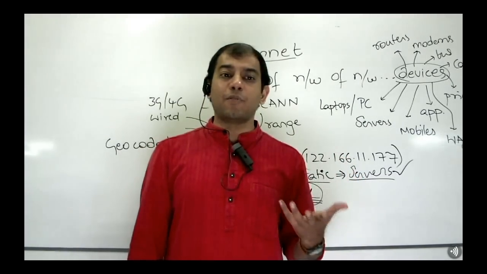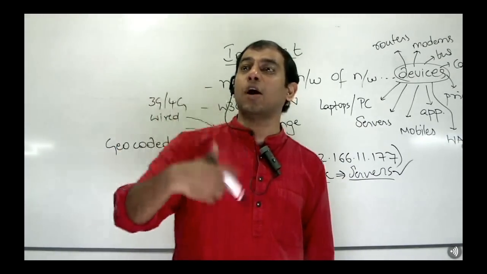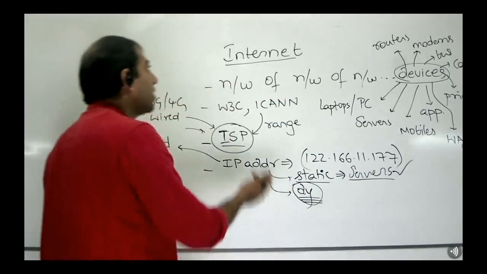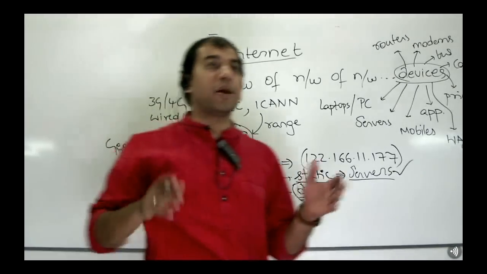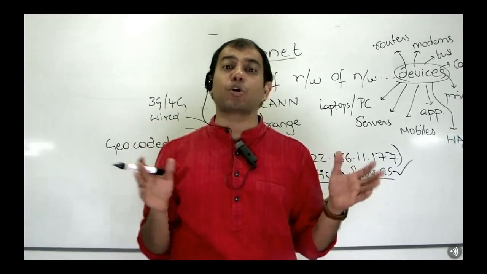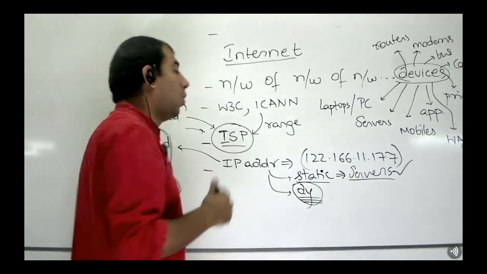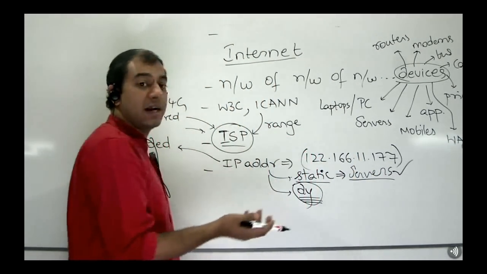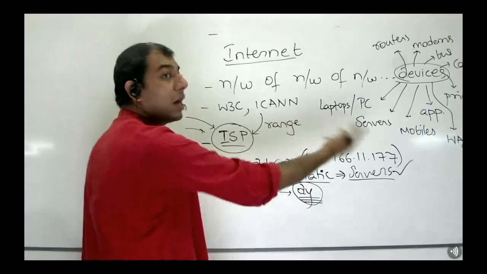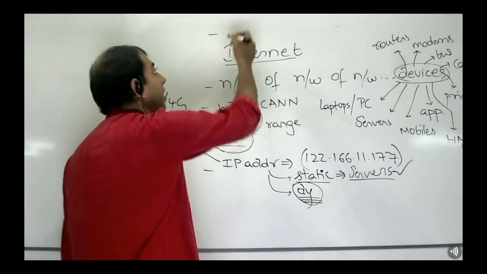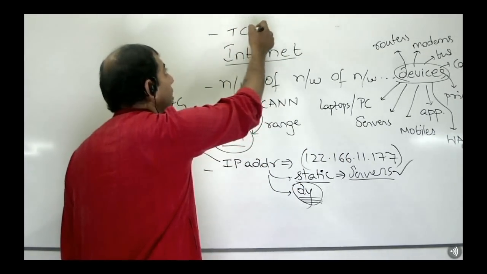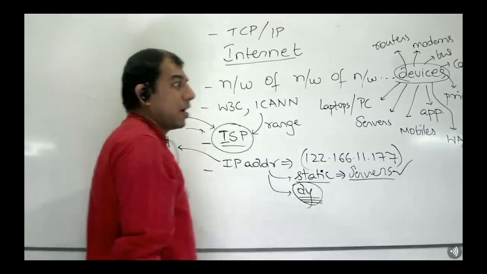Now, what is the whole point of being in a network? As you said, it is the exchange of data. So obviously, if you want to exchange data, there has to be a governing principle, a governing protocol of how the data can be exchanged. Everybody knows what the governing protocol of the internet is, which gives the ability for 2 IP address devices to exchange data. It is nothing but your TCP/IP, isn't it?